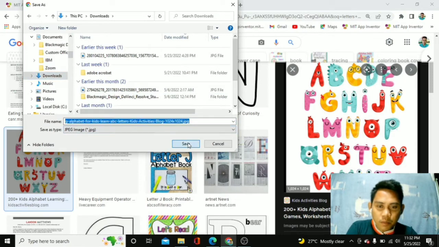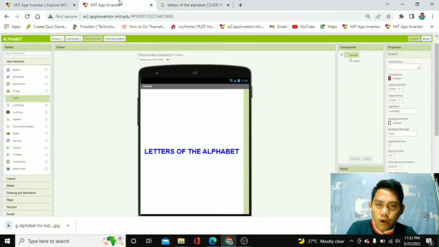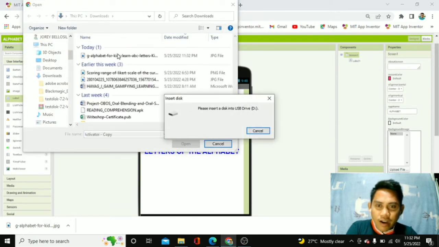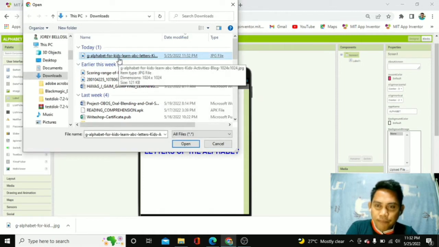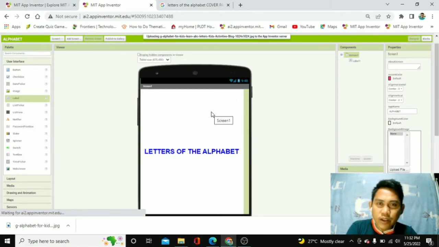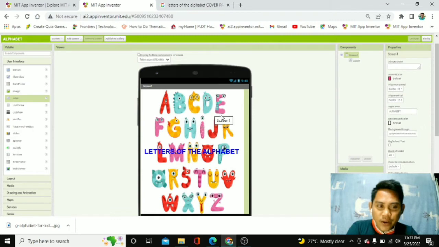Alright, so what we're going to do now is to go back to our MIT App Inventor, and here on the screen, click here on the screen, and then background image. Okay, then click upload, and then choose file. Okay, and then the file that we have downloaded, mga kaguro, in our downloads, and then we have to click OK, and let's wait until it will be uploaded. Alright, if you're going to check, it's already right here in our